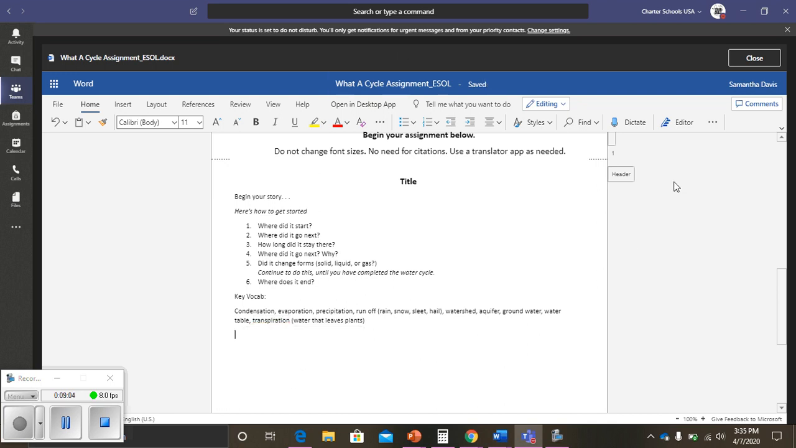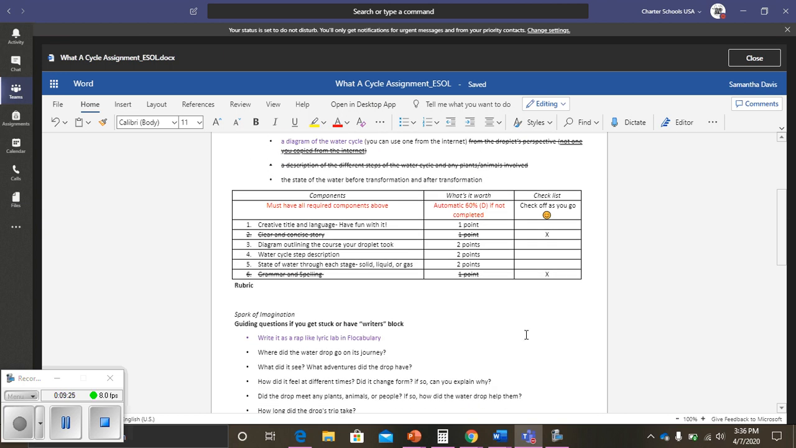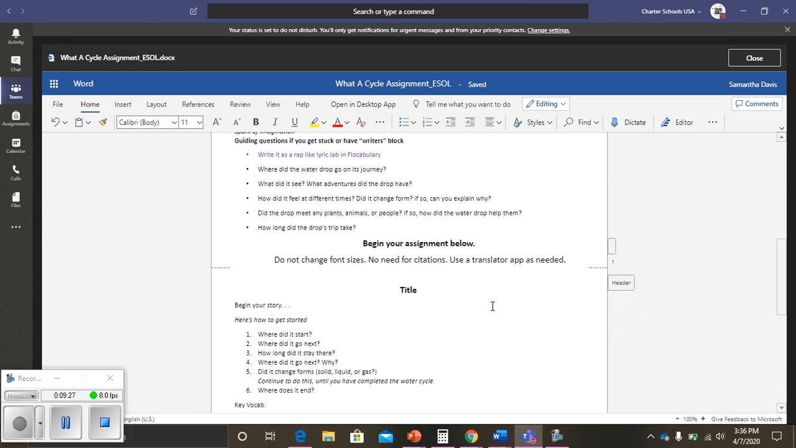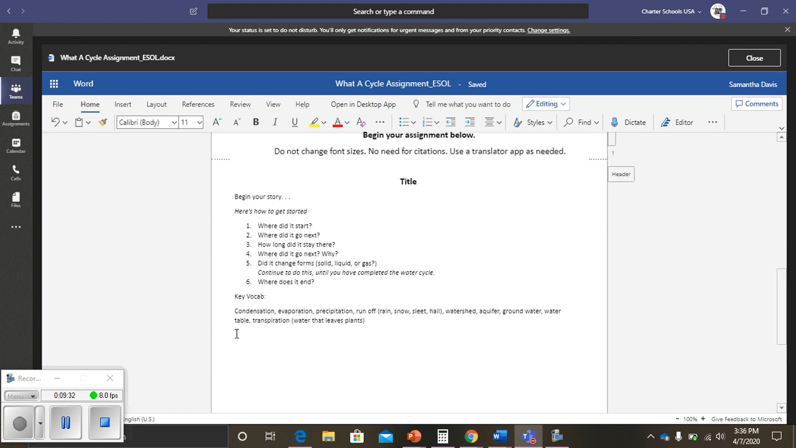The other thing I like about this too that I forgot to mention is you can dictate, and you can also change the language in here somewhere to help you if you need it. There is a way to change the language. I'm not sure how to do that, but I saw it up here where you could choose your language, and it'll change your language for you so you can see it and hopefully translate well. Okay. All right, so that's your key vocab terms